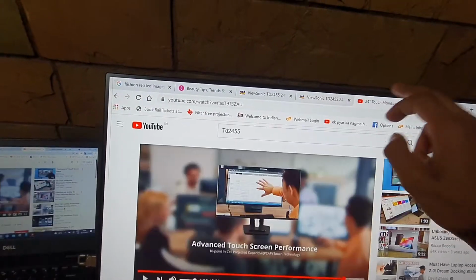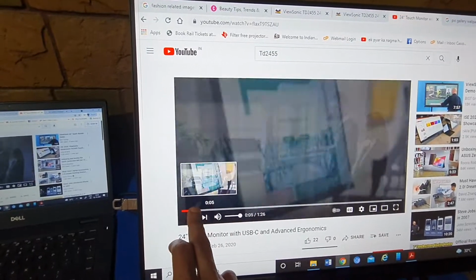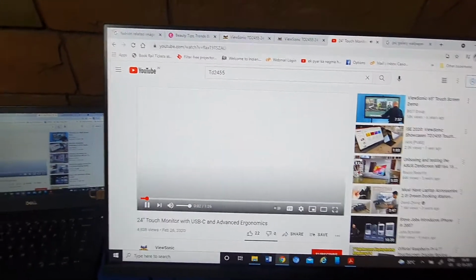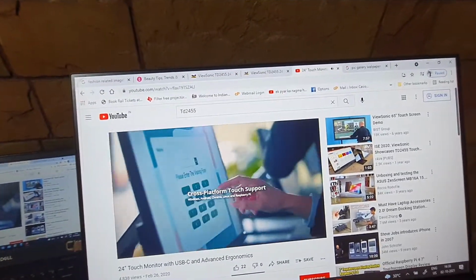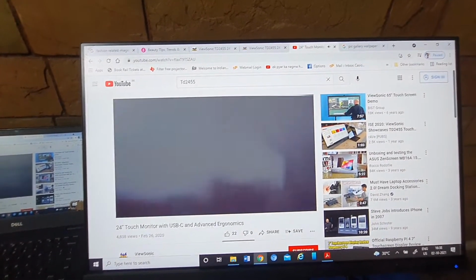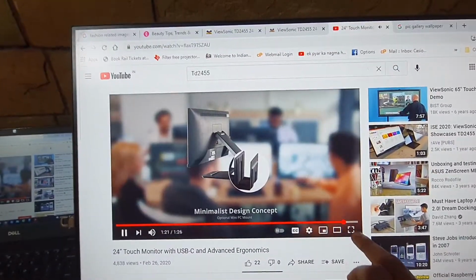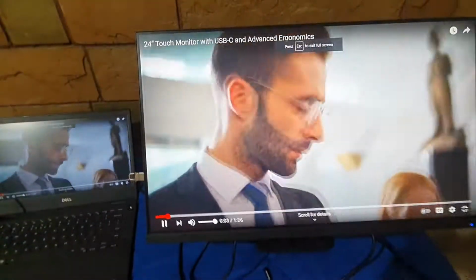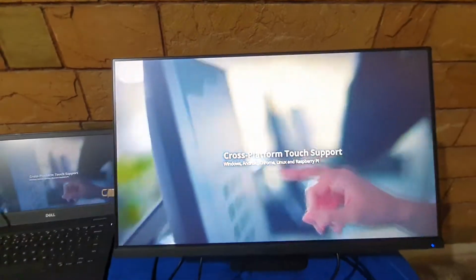I'm gonna play one video. This video is from ViewSonic only. It does have internal speakers, 2 watts internal speaker, and you can connect your earphone to this touch monitor. Now, for example, you are sitting in your office, and under the table you'll have a CPU or compact PC.